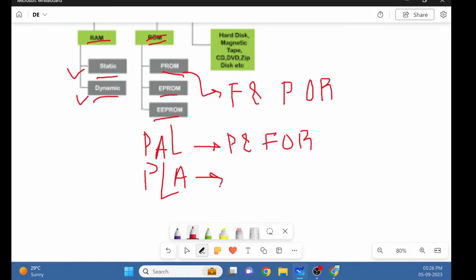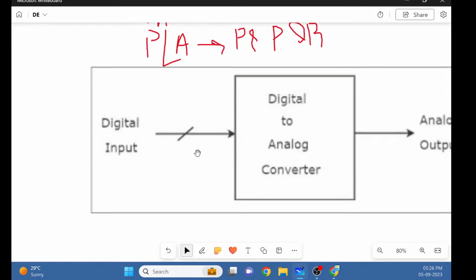But over here in PLA we have programmable AND and programmable OR. Both logic functions are programmable. So this was about the memories in very brief, right? Now let's move on to revising the next